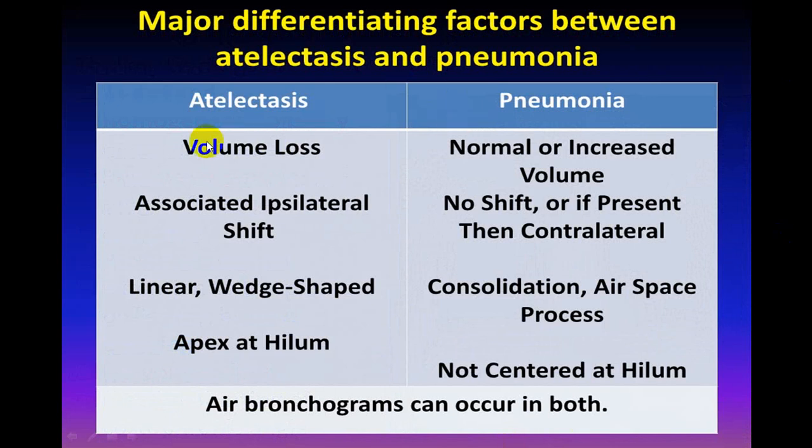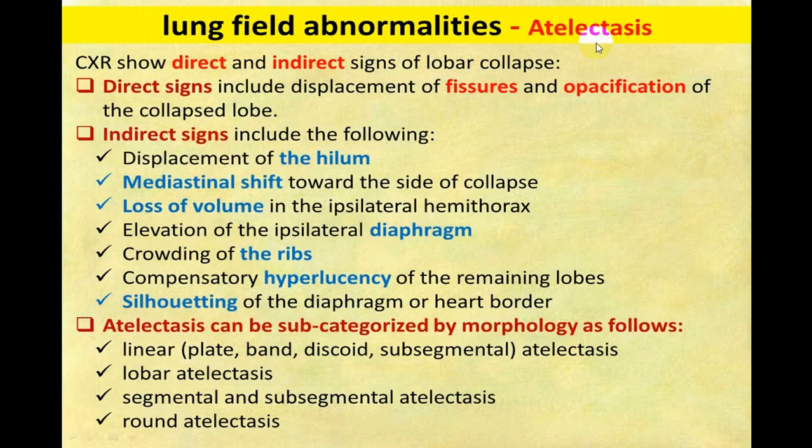So you try to identify the most important finding: the shift of mediastinum and shift of trachea, diaphragm, the shift of right hilum or left hilum, upward or downwards, depending upon which lobe is collapsed, because that we'll be discussing in detail again in a chest X-ray showing you a lung pathophysiology. So in atelectasis there are indirect signs, there are direct signs, and there are some other odd types of atelectasis. We will not be discussing regarding this at present.